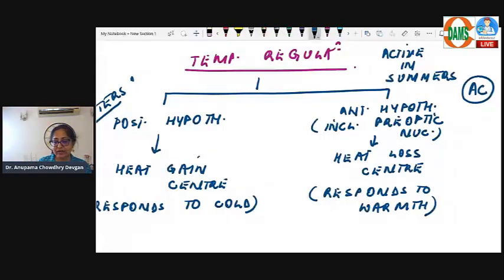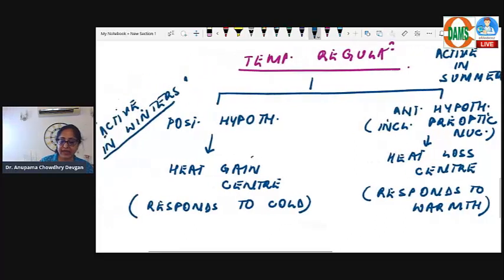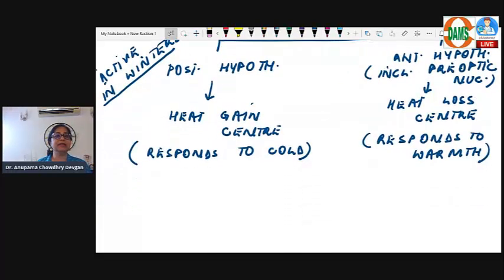So this is as far as the two areas of the hypothalamus are concerned. Posterior hypothalamus, heat gain center; anterior hypothalamus, including the preoptic nucleus. Like I said, older knowledge was that the preoptic nucleus is for sexual activity, but that's not true. Today we know which parts of the hypothalamus are involved in sexual activity: the anterior-most and posterior-most portions of the hypothalamus, and in males, an additional area which is called pyriform cortex. Now let's see what is the role of the posterior hypothalamus. How does it respond to cold? How does it help to gain heat?